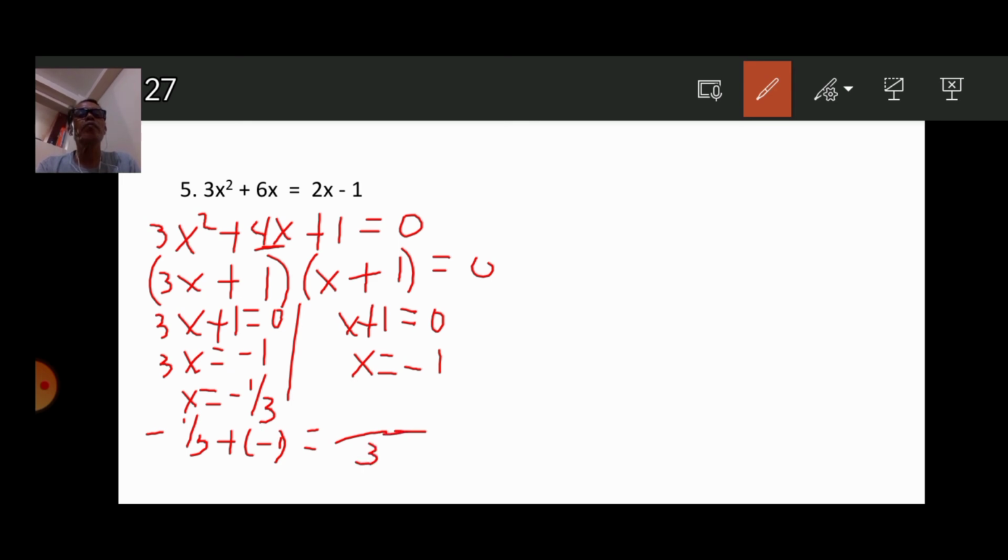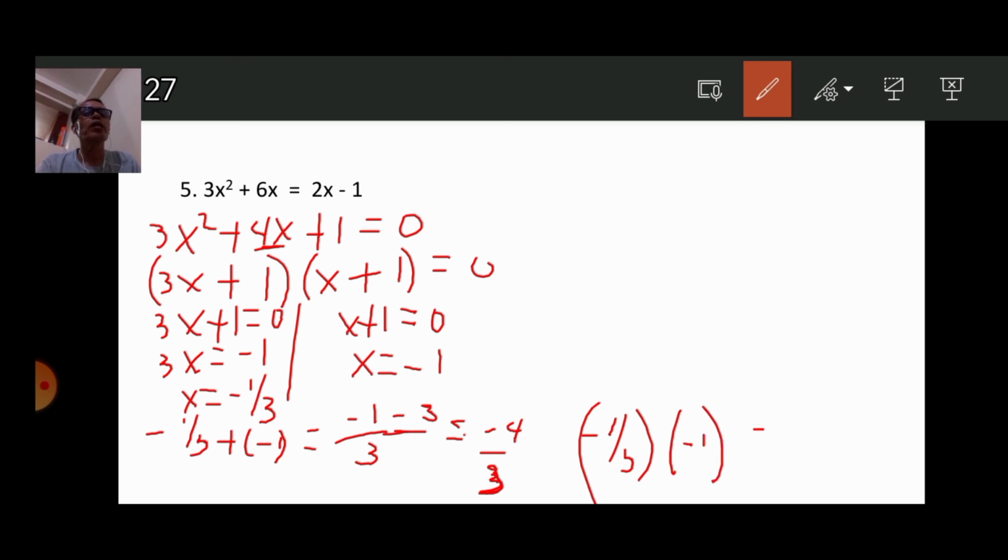Then 3 divided by 3 is 1 times negative 1 is negative 1. 3 divided by 1 is 3 times negative 1 is negative 3. So you will now have negative 1 plus negative 3, which is negative 4/3. If you are going to multiply negative 1/3 times negative 1, you will have negative 1 times negative 1 is positive